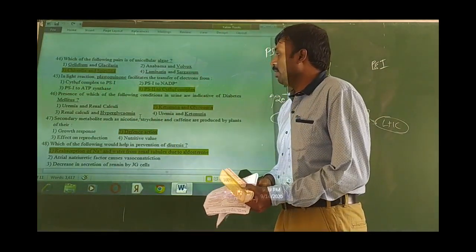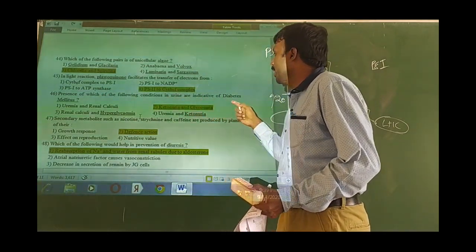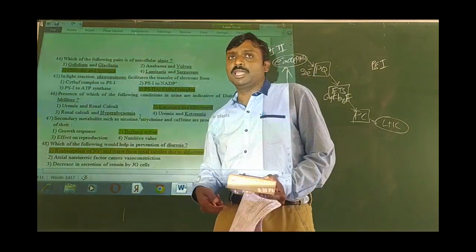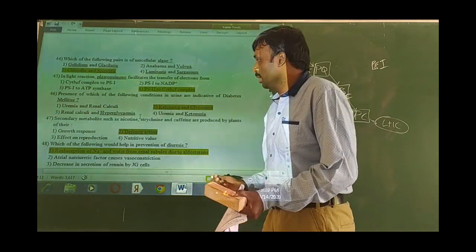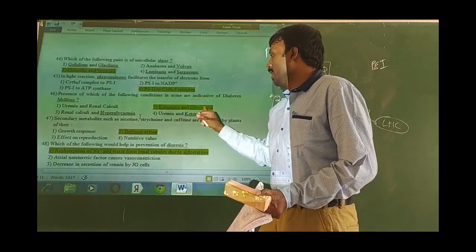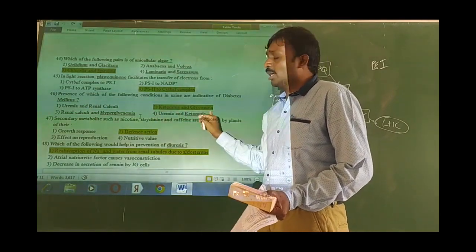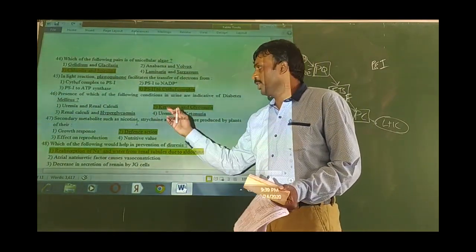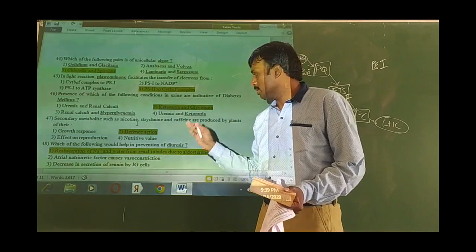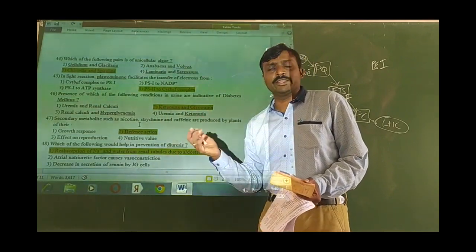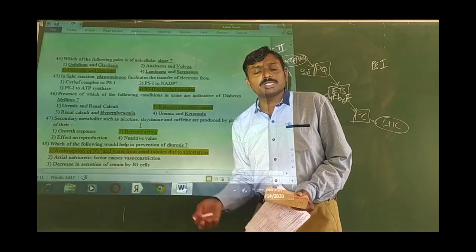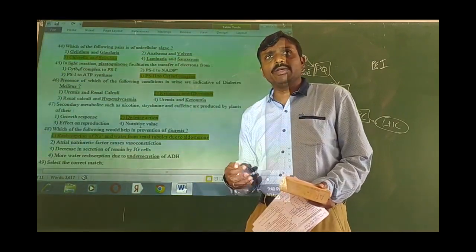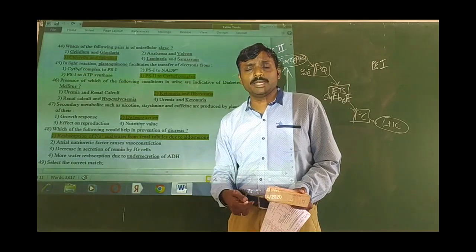Presence of which of the following conditions in urine are indicative of diabetes mellitus? Okay, so simply to say, sugar disease. So ketonuria and glycosuria, both are sugar compounds, sugar molecules. Ketos, they are also sugars, and glycoses, again they are also sugars. So presence of sugars in the urine sample, that person can be easily detected as affected with diabetes